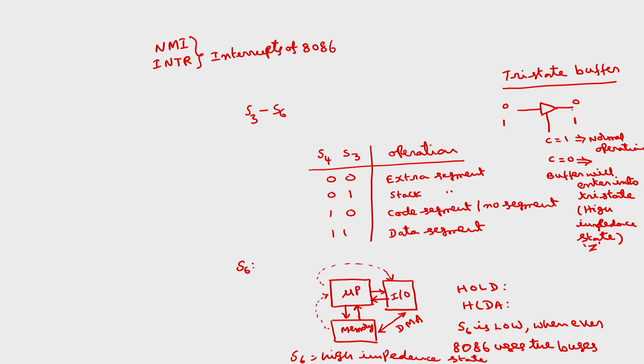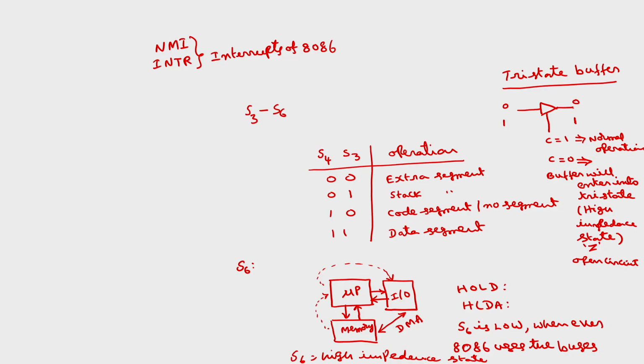High impedance means the impedance is high. What happens then? It almost acts as an open circuit, so it will not draw current from the device connected to its output. If it is not in the high impedance state, even at logic 0 it will draw some current from the gate connected to the output of this buffer. In the high impedance state it is almost an open circuit, it will not draw any current and will not load the device connected to the output of the buffer. That is meant by high impedance state.